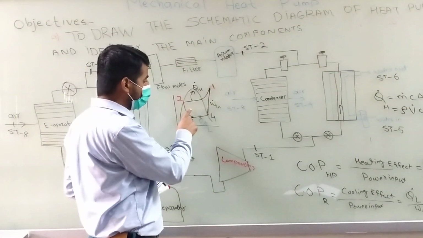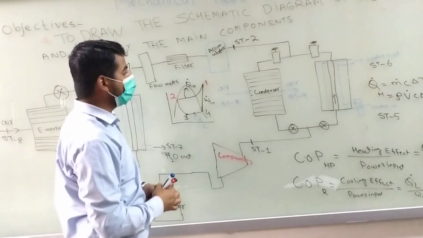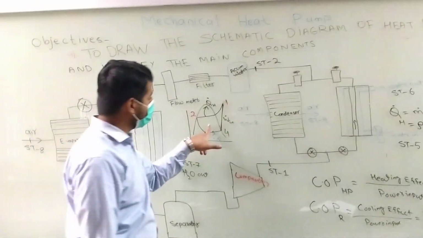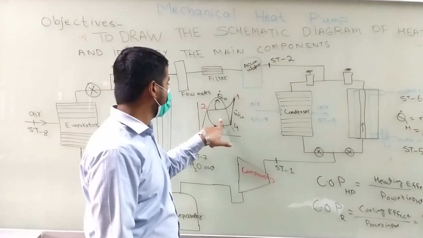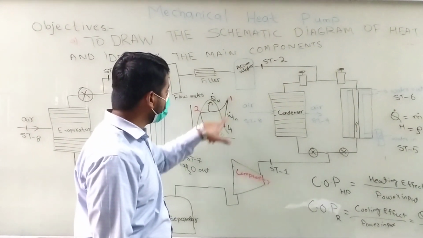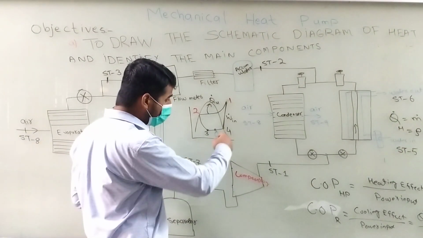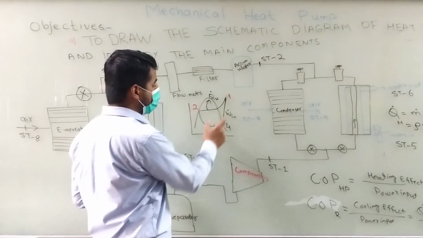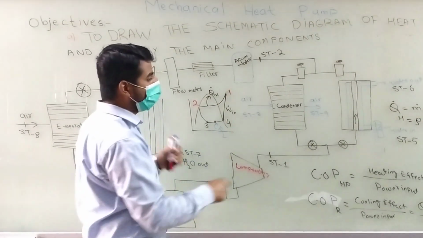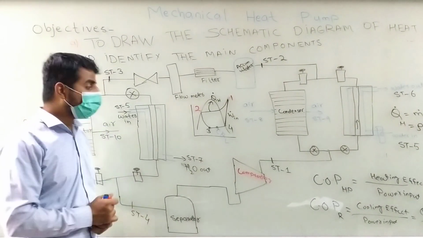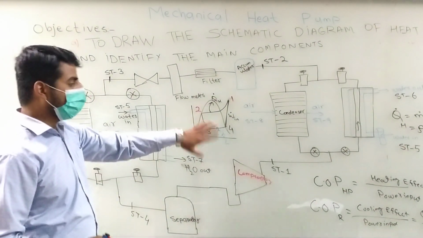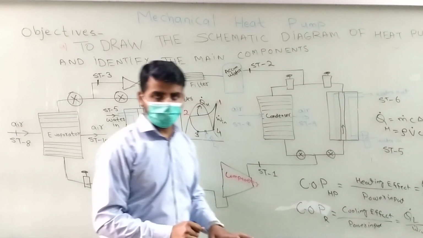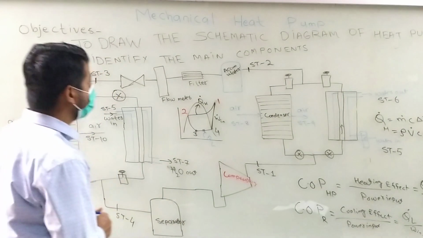You have to point out the 4 temperatures, and I'm not going to tell you about the theory part because that has been taught to you as well. Looking at your theory part, you have to calculate how much power is given by the compressor, the heat released in the condenser and the heat absorbed in the evaporator. Using the formulas you have been taught in the theory lectures, you have to calculate the same COP of the heat pump and COP of the refrigerator theoretically, and then you have to compare these two values. Okay, this is about experiment number 9.